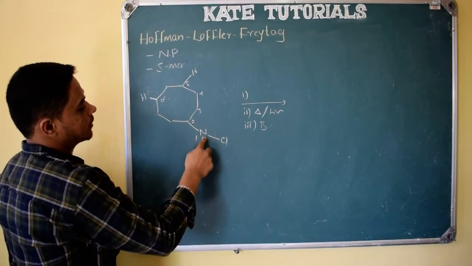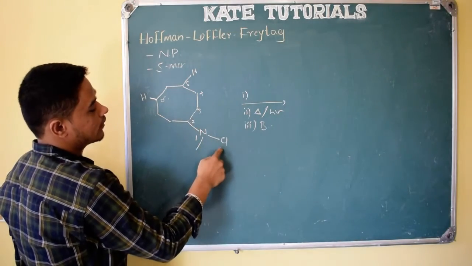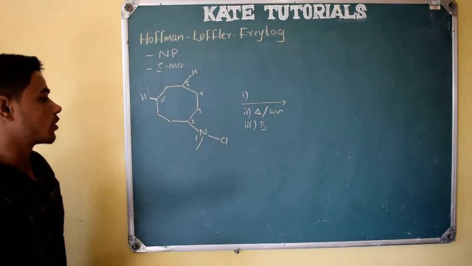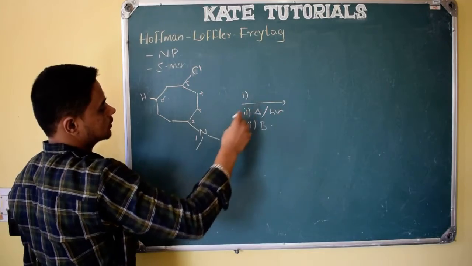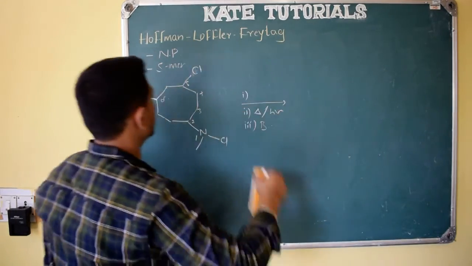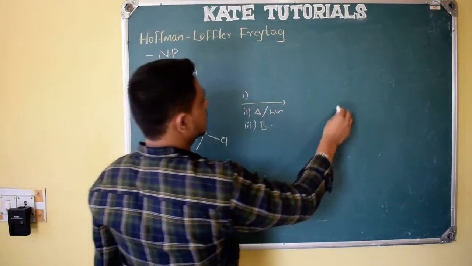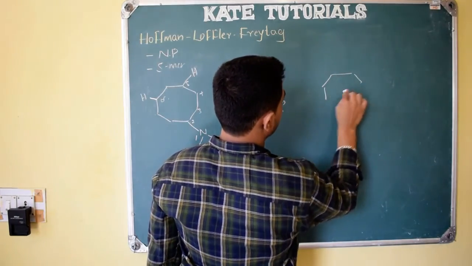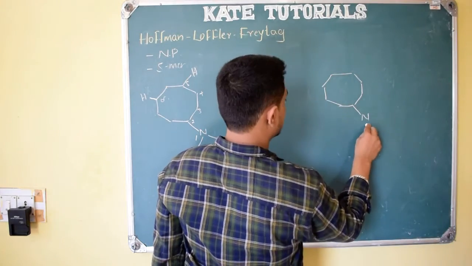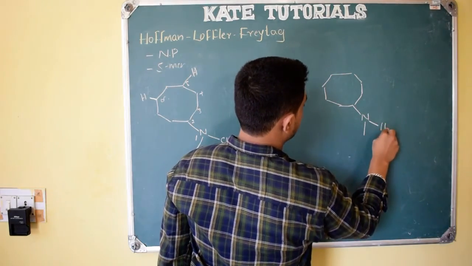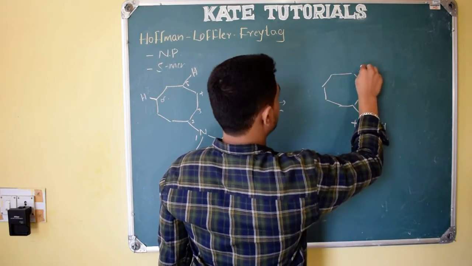First step, H plus will attack, and it gets positive charge. Next, thermal homolytic cleavage between the two heteroatoms, as this bond is weak, then the chlorine will come here. So the intermediate, let me write that directly. Here hydrogen is there, delta hydrogen. So this is the 8-membered ring, and here nitrogen, and here hydrogen, it will get positive charge, and here I will get chlorine.